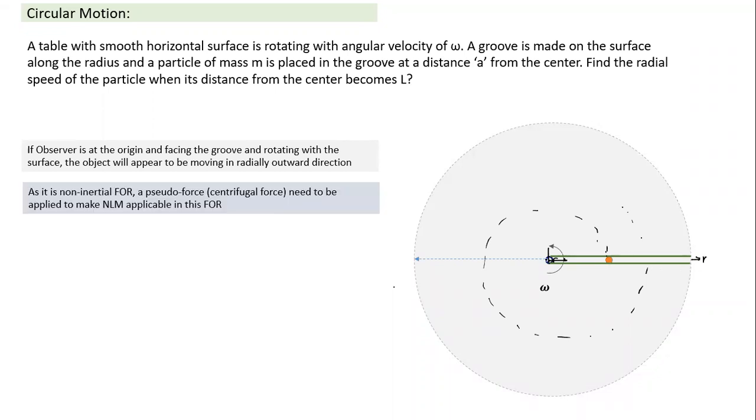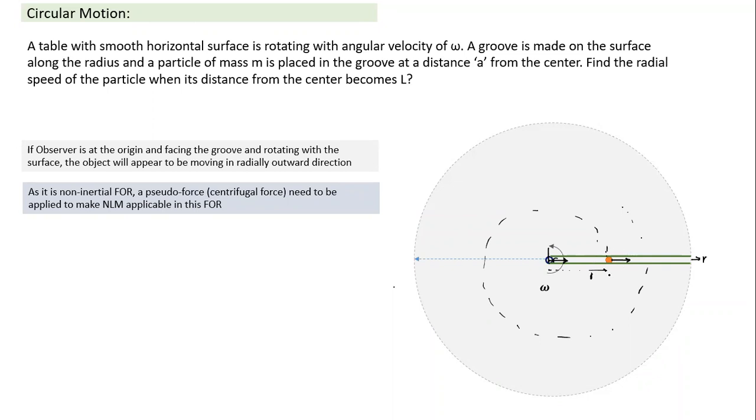Now, when we use a rotating frame of reference, since motion is involved, you need to apply Newton's laws of motion. A rotating frame of reference is a non-inertial frame of reference. In this case, we need to apply what is called the centrifugal force. The centrifugal force is m r omega square. M is the mass of the object to which you are applying Newton's law of motion, r is the distance from the axis of the rotating frame of reference, and omega is the angular velocity of rotation of the frame of reference. This is the pseudo force which will act.